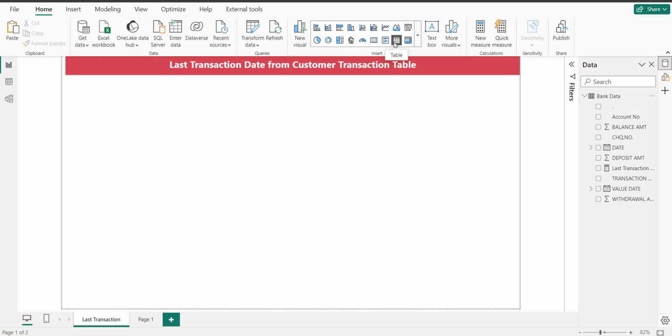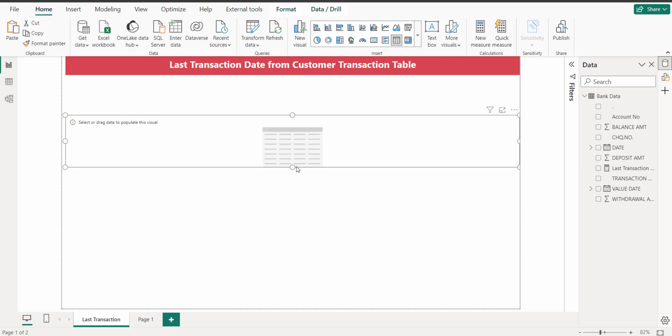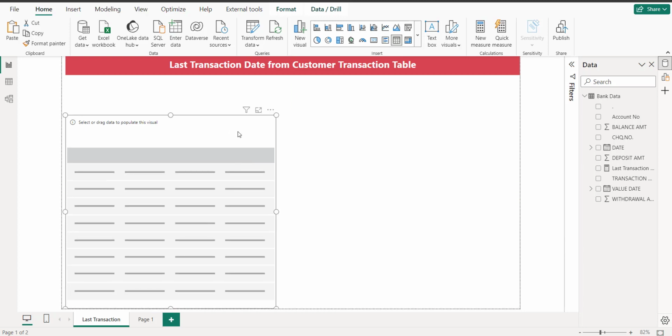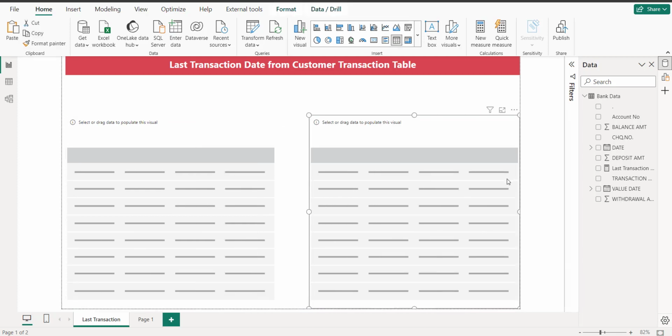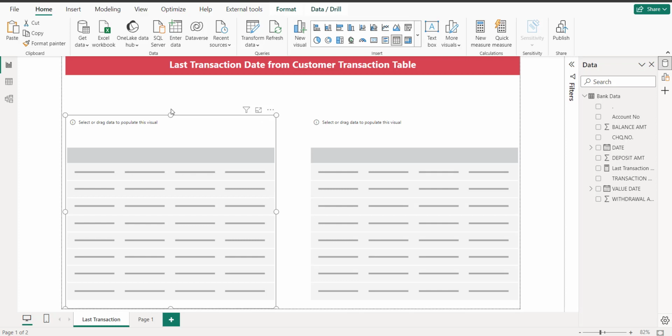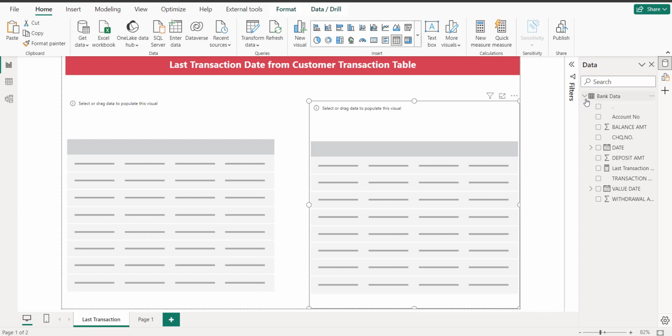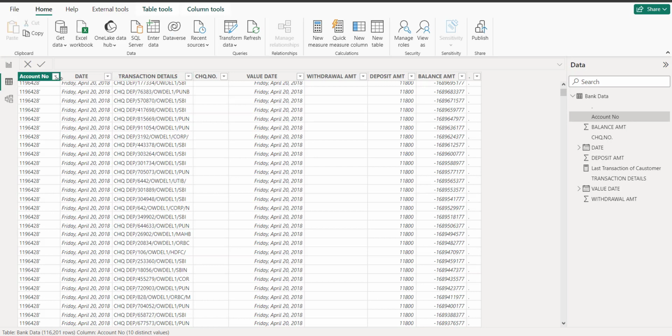So I'll take the table visualization. Here it is, and I'll basically take two tables. Let me just copy it. This is basically the structure of my tutorial. I have this table from which I'll compare the last transaction table in this table. So this is my bank data, and let me just give you a review of all the transaction